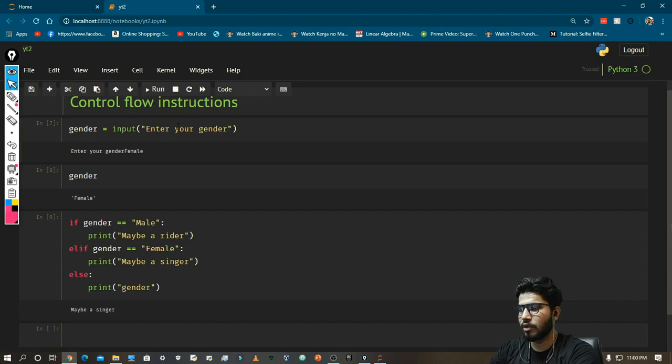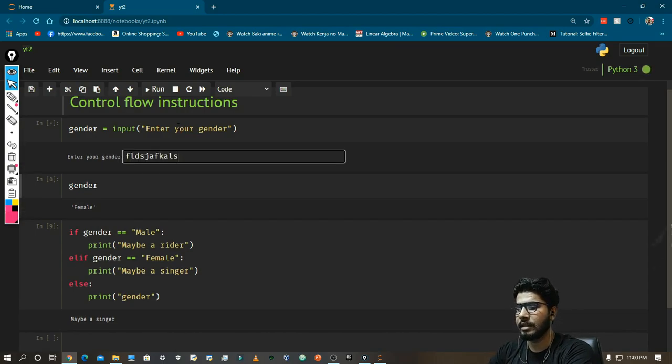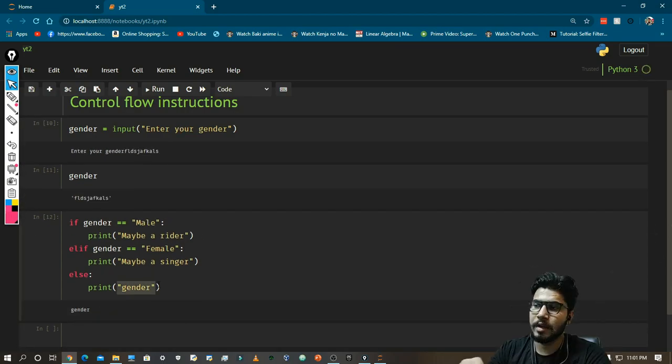But what if I write anything else? It has printed the word gender because I have provided gender in quotes. So I want to remove that if I want to consider it as a variable. Now if I print it, it shows me the input I have given in the input box.